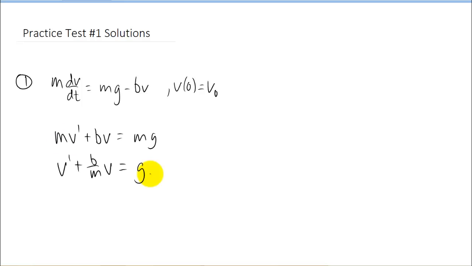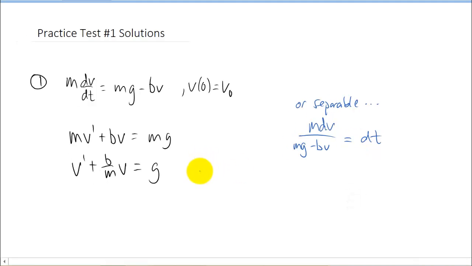So here's our first problem, and you'll notice these first two steps I did here put this into the form of a linear first-order DE. Also notice that if I just rearrange things a little bit, this is a separable DE. You could even move this m over to the right side of the equation if you wanted to. You can do all kinds of things with the algebra, but you can separate and integrate. I'm going to do it the first-order linear way, which involves an integrating factor that looks a little something like